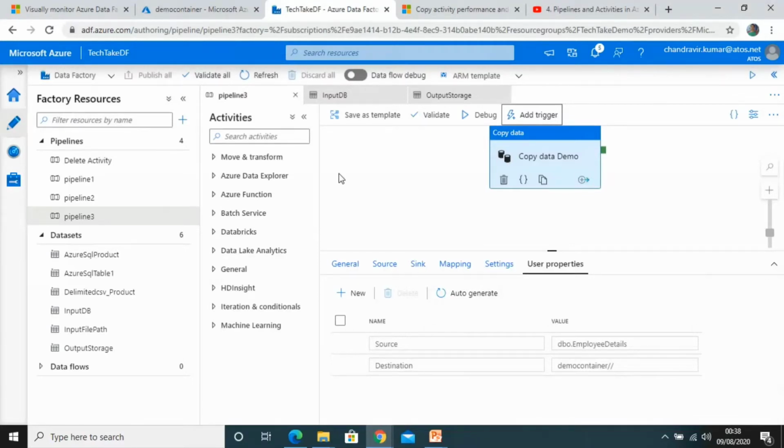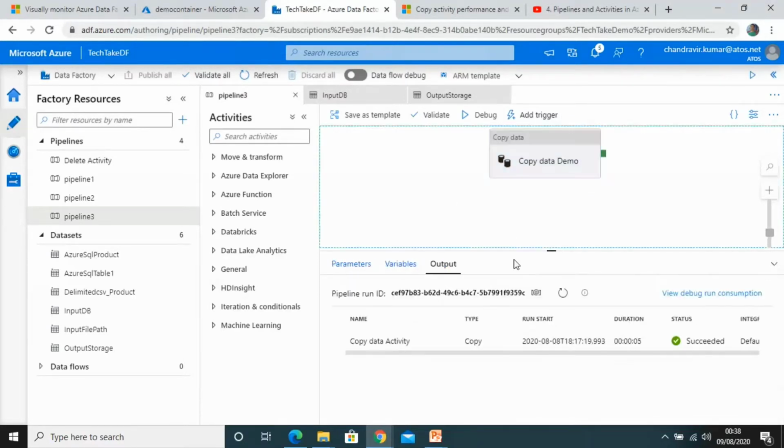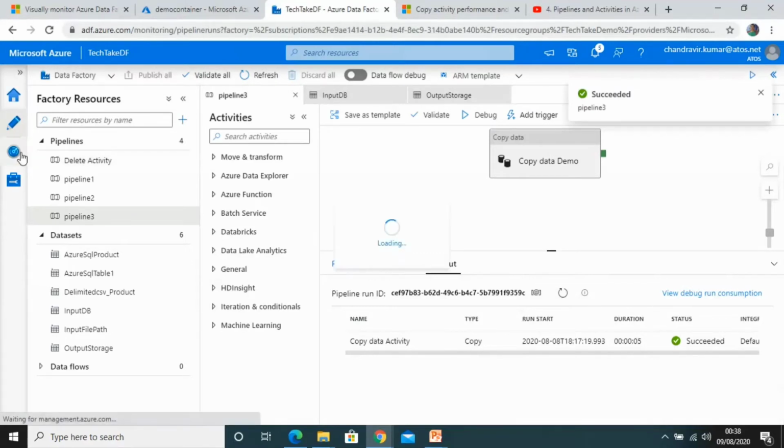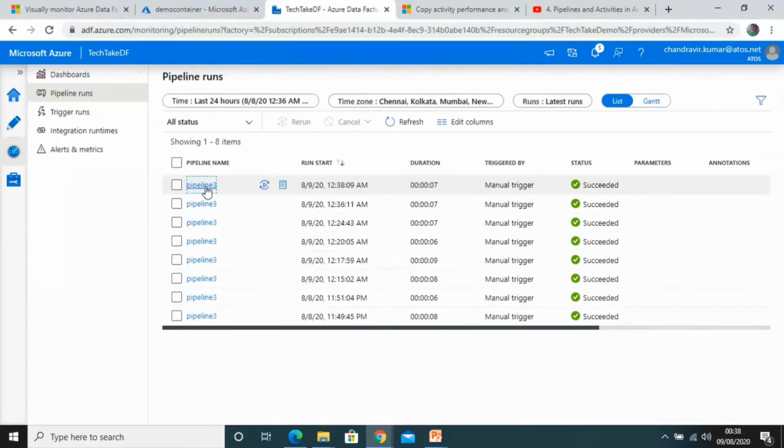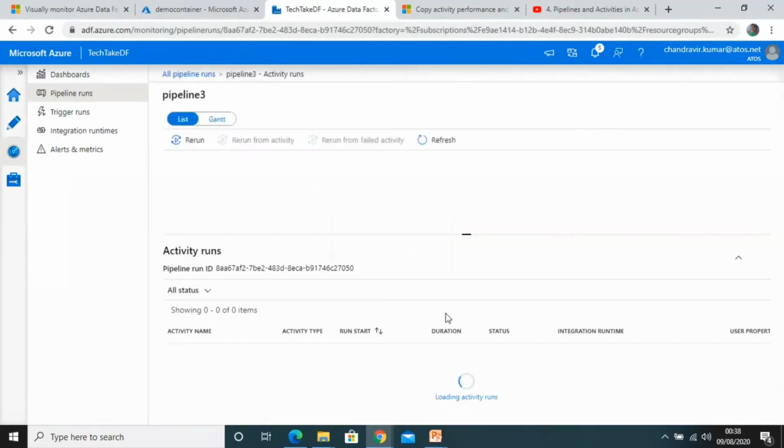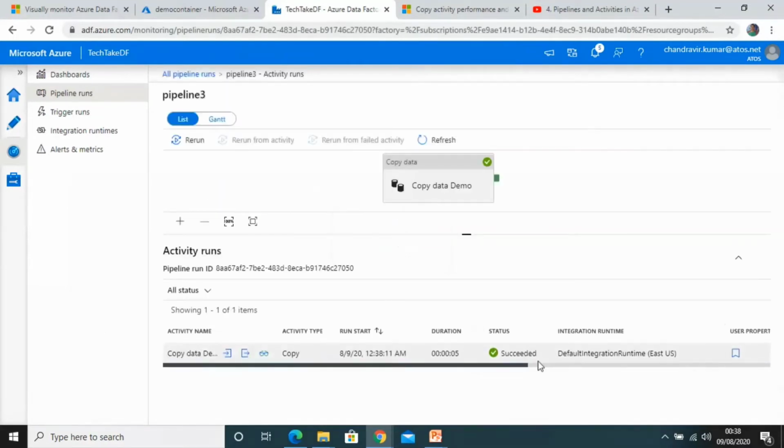Hope we should see both information, source and destination, this time in the pipeline monitor. Let's refresh it till it's completed. I guess it's completed now. Now move to the monitor window and check the last run. Now this time we will see